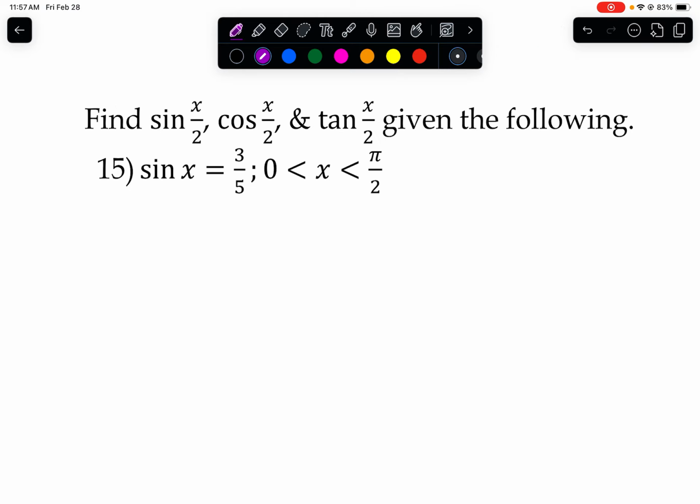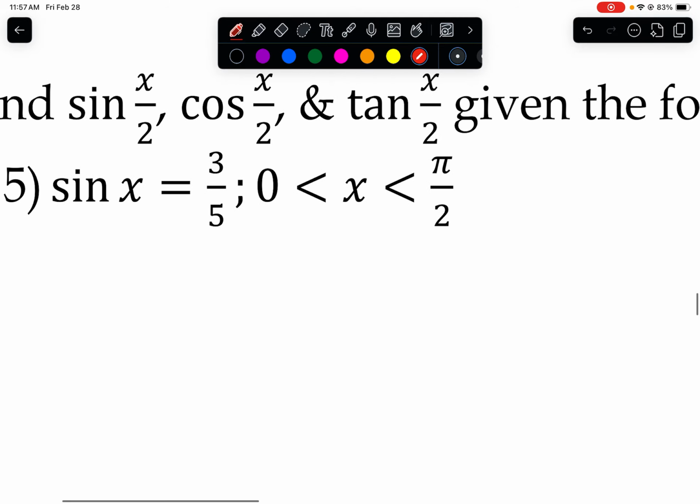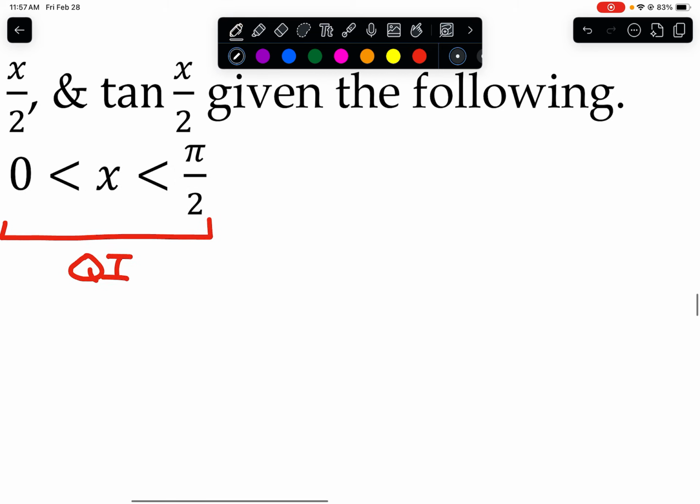So with this problem here, we give you that sine of x is equal to 3/5, where x is between 0 and pi over 2. Now if I'm between 0 and pi over 2, that should be your indicator that we're going to be in quadrant 1. So as kind of a quick little recap,